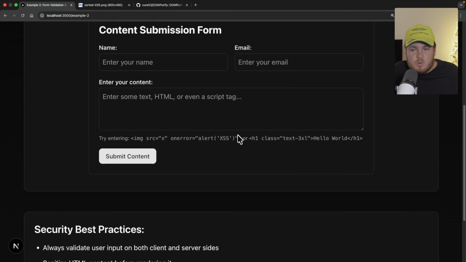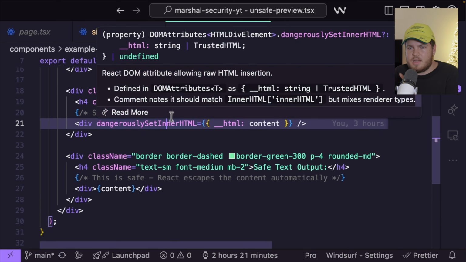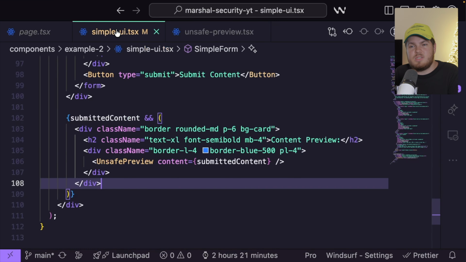So now you might ask me, hey Jan, what's the solution? I still want to allow my users to implement or add HTML, but of course I don't want to allow users to add scripts or to create XSS attacks or anything like that. It should be standard HTML, which is safe. How can we validate the user input? Good question. So in this case, we still want to use dangerouslySetInnerHTML, but we can pretty much clean up, sanitize the content